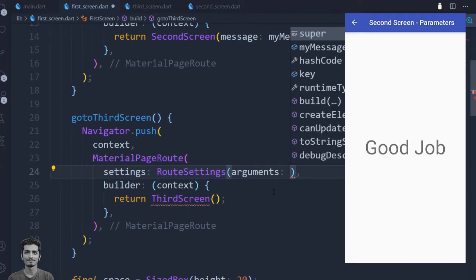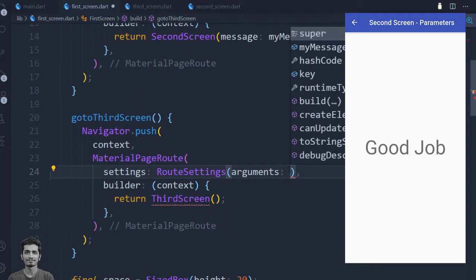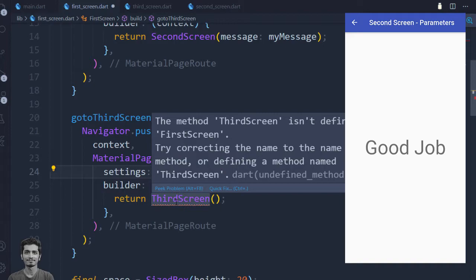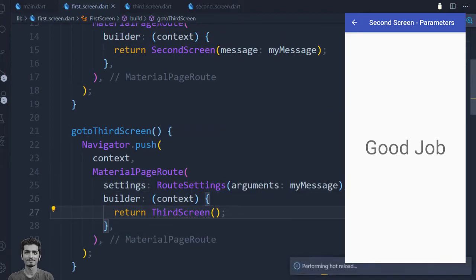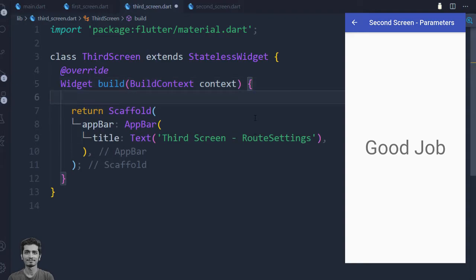And in this case, our argument will be the my message variable. Let's import this third screen and save this file. Here we successfully passed the my message string argument to the third screen. Now let's move to the third screen and use that argument. Inside the third screen build method, I will create a variable.